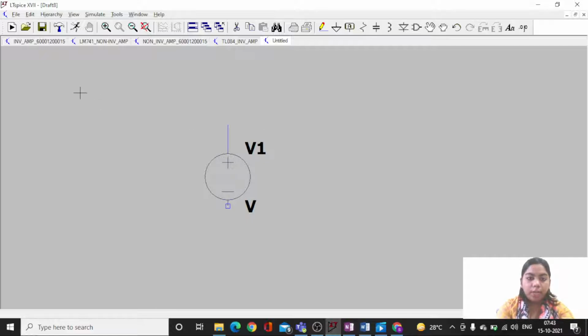Another feature I have is, for example, if I have an existing circuit already present which I have made and I want to use that same circuit to build another circuit, I have another feature, that is copy. I'll just copy this particular element.